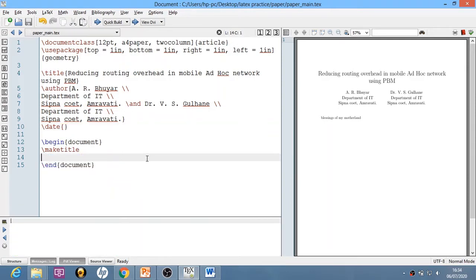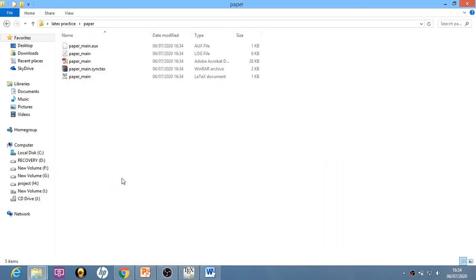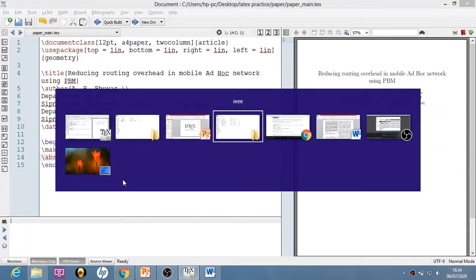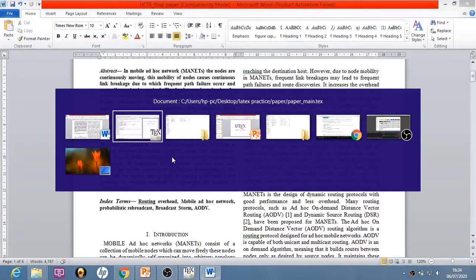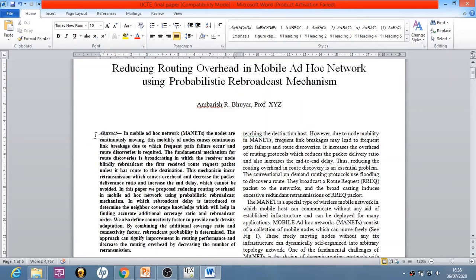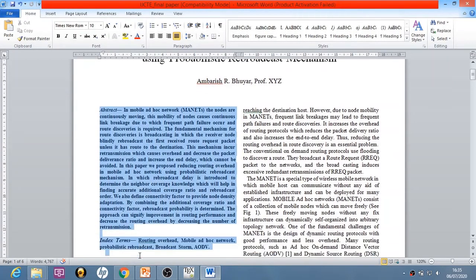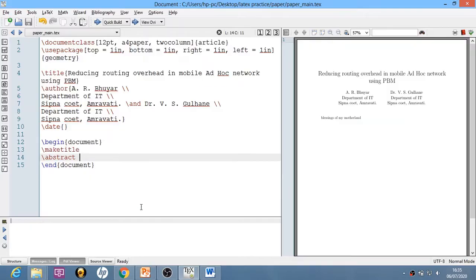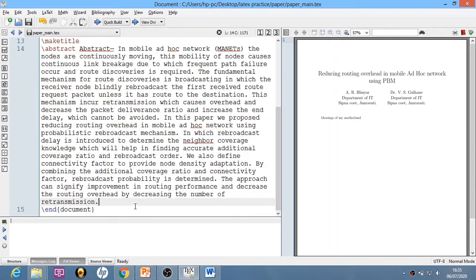Then you will add an abstract. In the abstract, suppose I have this paper, so I will copy this abstract and paste it over here.